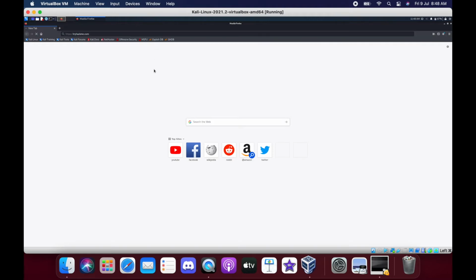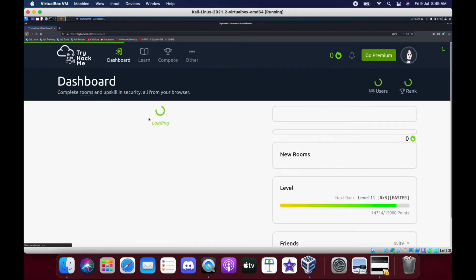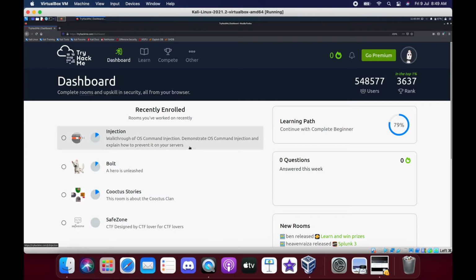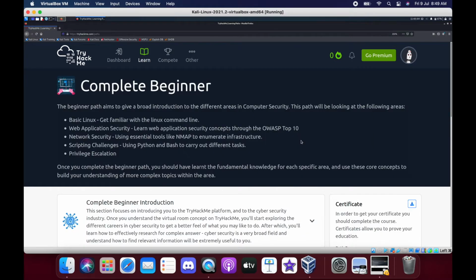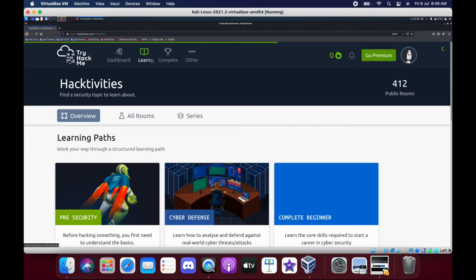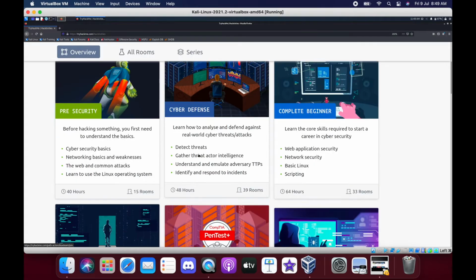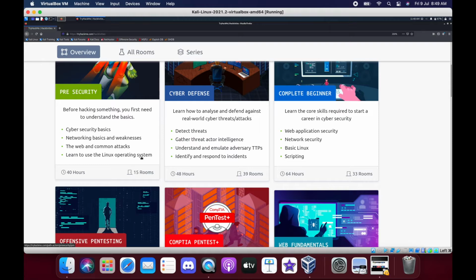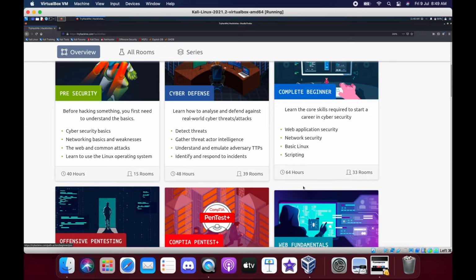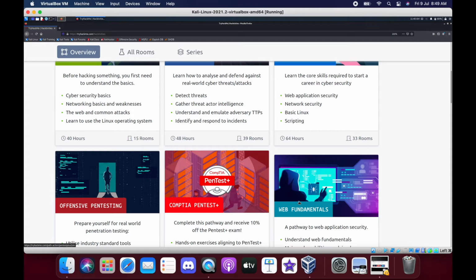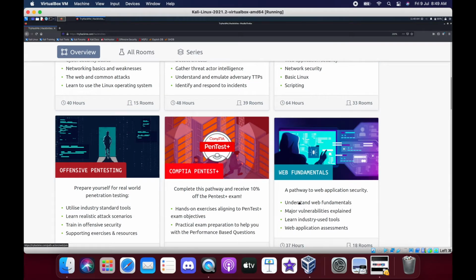Okay, so I'm on VirtualBox and I'm going to open the TryHackMe website, and I'm already logged into it. You just need to sign up for this website, and let's say we'll get started with a complete beginner path. If you go over here to Learn, they have given the paths you can choose from. So this is Pre-Security, Cyber Defense, Complete Beginner, Offensive Testing, CompTIA, PenTest+, Web Fundamentals. They have created multiple paths